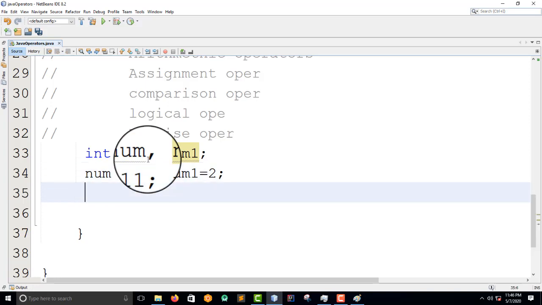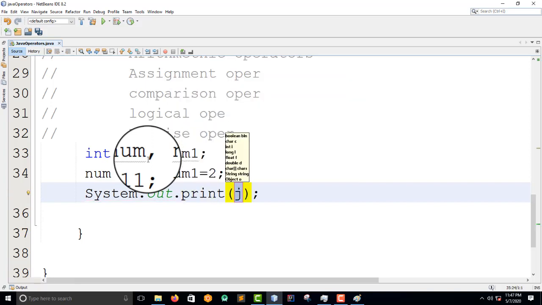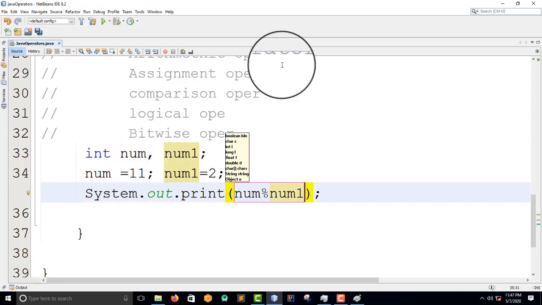So I come down here and then I say System.out.println, and now say num modulus num2, and see the result.